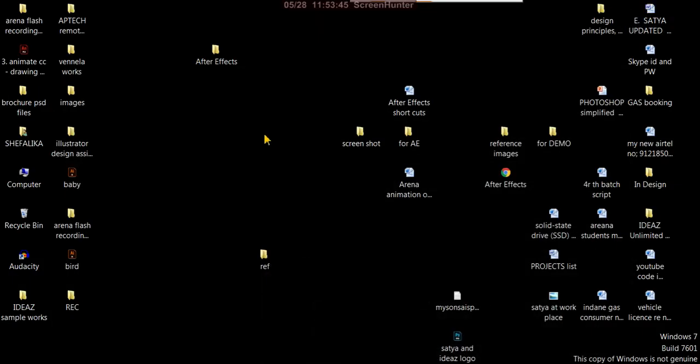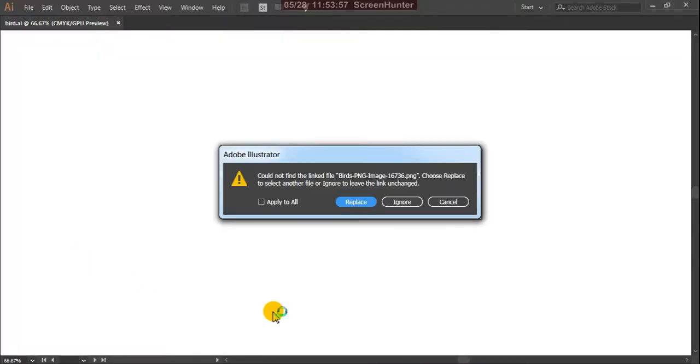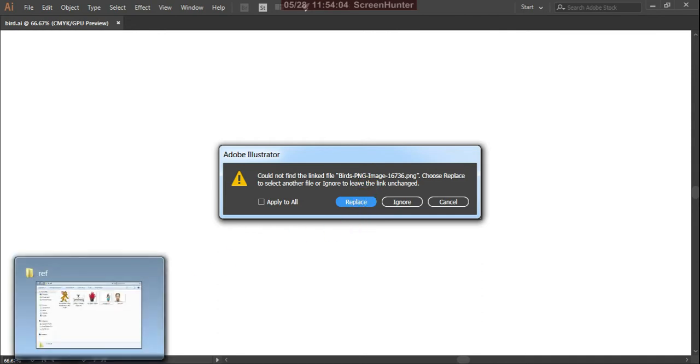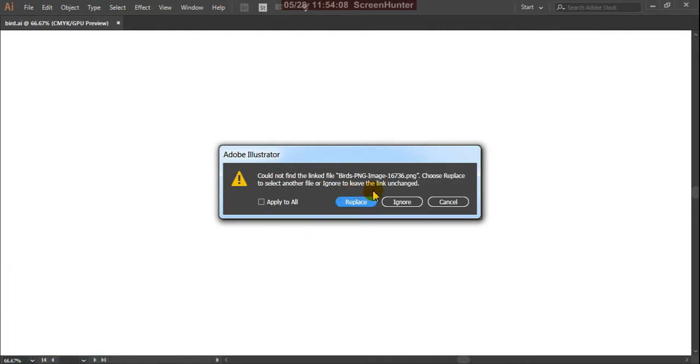Suppose you open this, where is that, the bird file. Yes, it's showing it could not find the linked file bird, because I already deleted it. And it is telling the PNG image: choose replace to select another file, or ignore to leave the link unchanged.